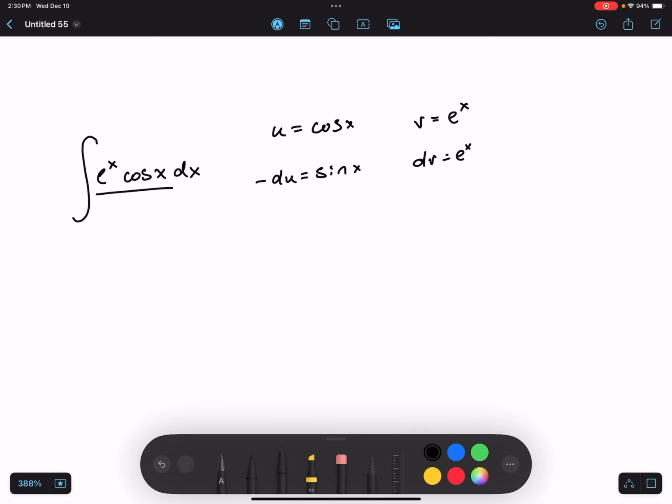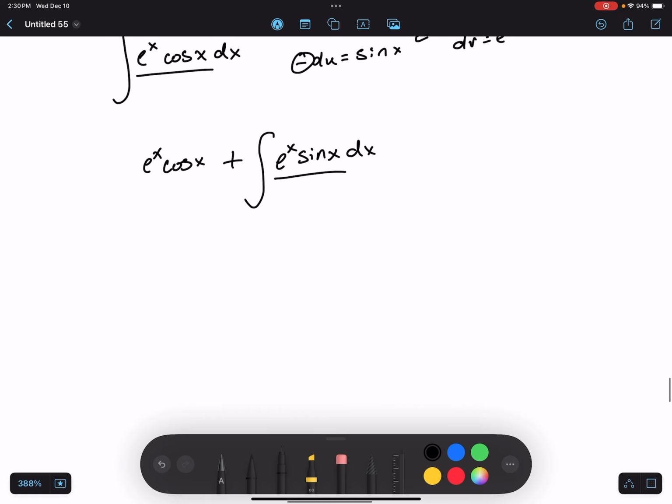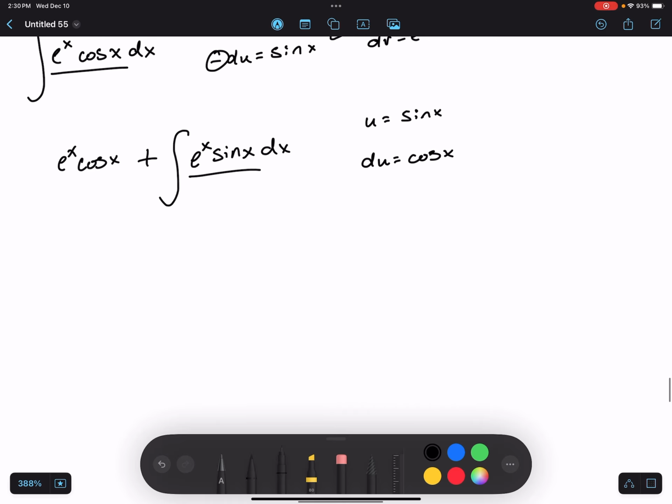And because this is integration by parts, we'll go across first and then down over. So we'll have e to the x cosine x minus the integral of negative sine x times e to the x dx. And then this again is another product, so we'll let u equal sine x, du will be cosine x,